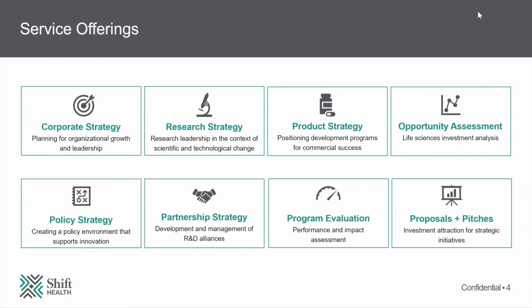Product strategy, this is really working with pharmaceutical companies to understand how they can position their product competitively in various markets. That's everything looking at reimbursement and pricing policies within various markets, understanding what the competitor landscape looks like. And in a lot of cases, these types of strategies go all the way back to informing the clinical trial strategy and what type of target profile they'd want for their product